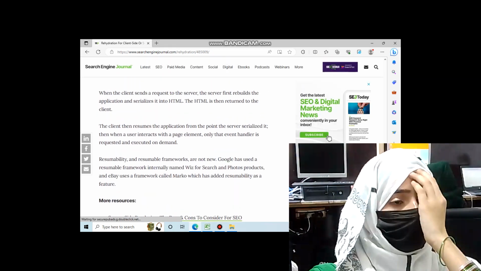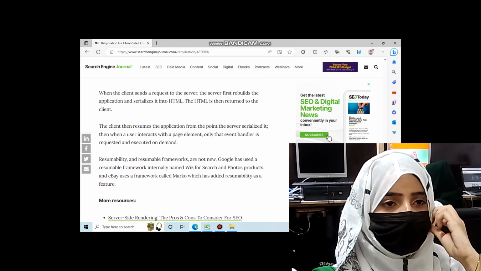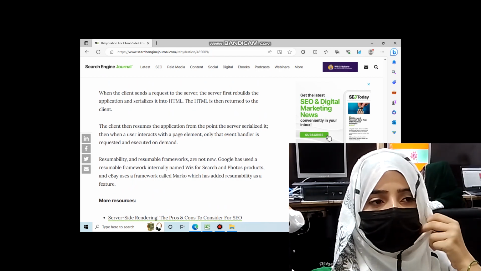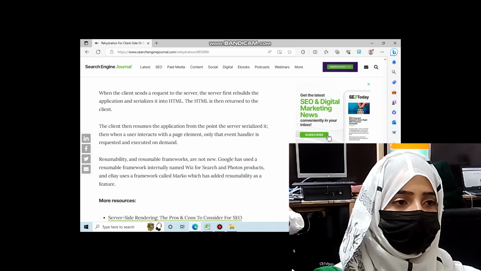Resumability and resumable frameworks are not new. Google has used a resumable framework, internally named Wiz, for its search and photos products, and